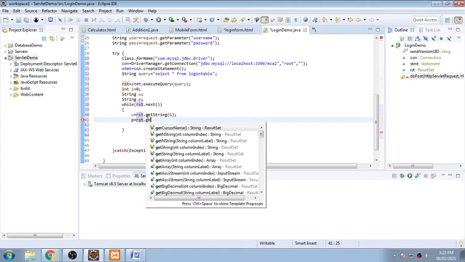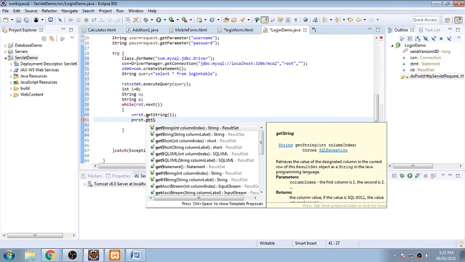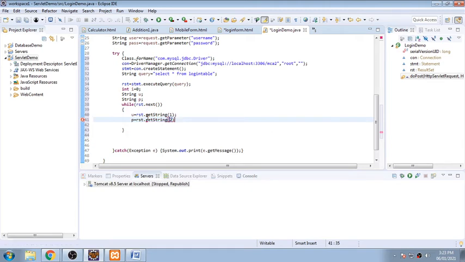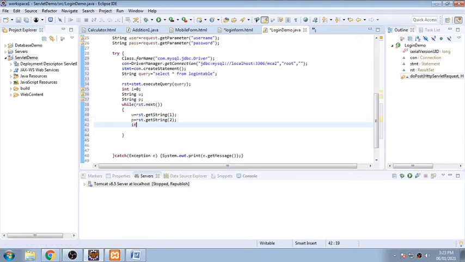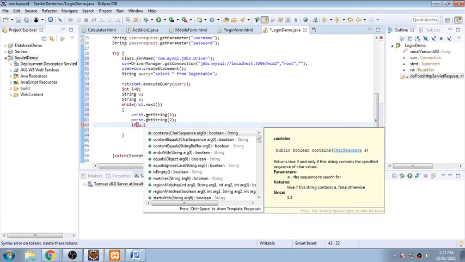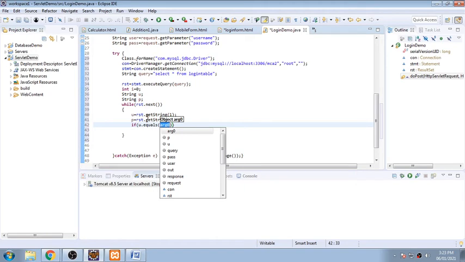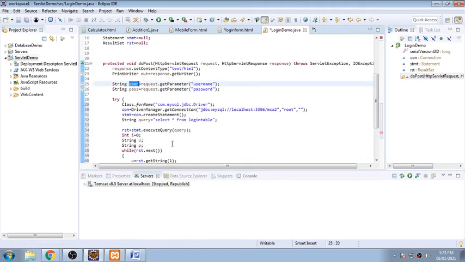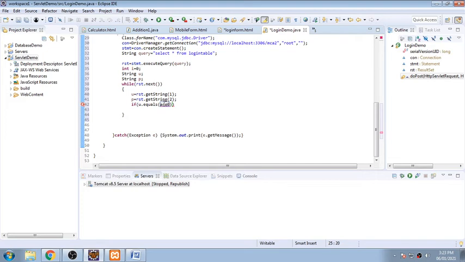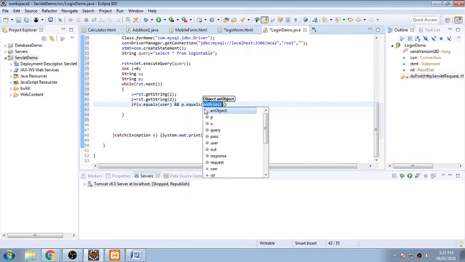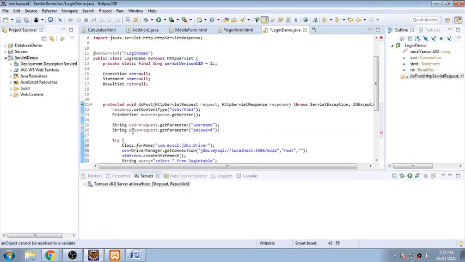So rst.getString and column number 2, and here I will check if u.equals this user, and p.equals this password.